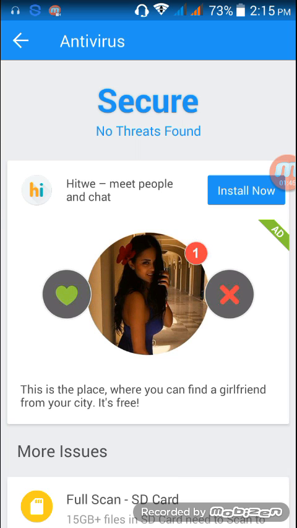So just follow the instructions that this antivirus will tell you, so that you can delete those viruses. So I already deleted the different viruses from my phone, so it's now secure, no threats found.